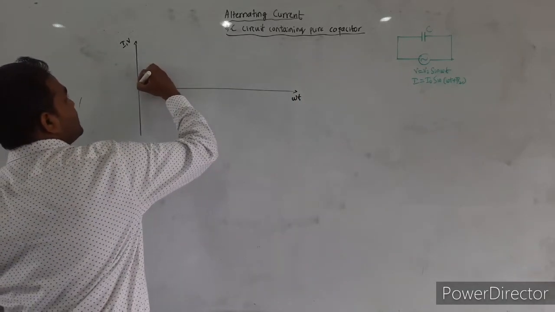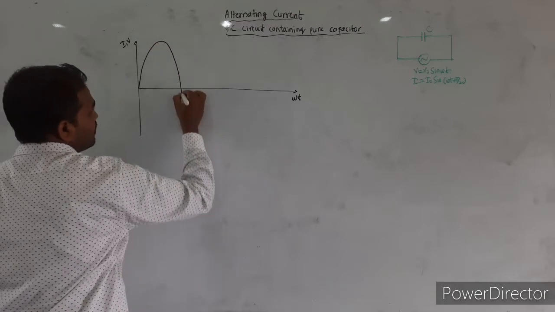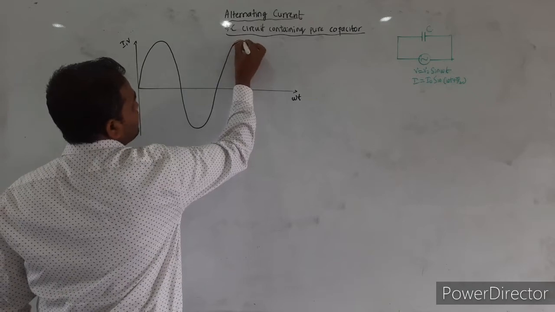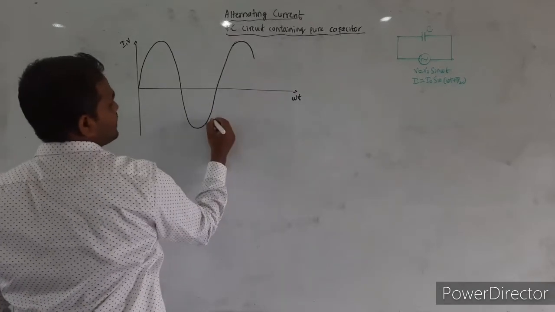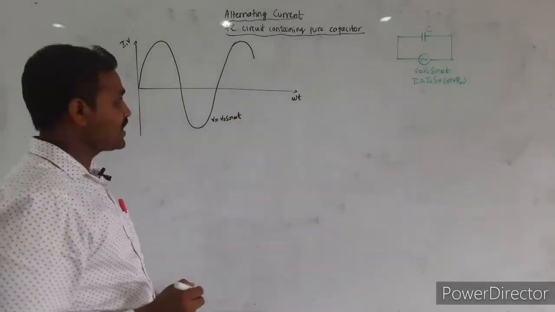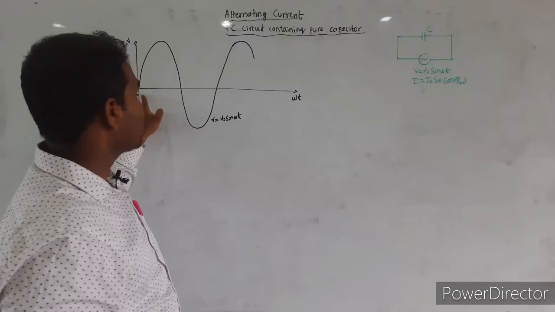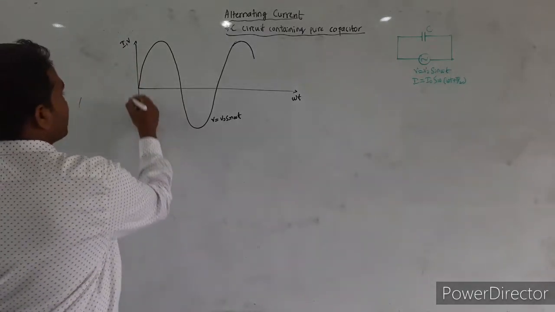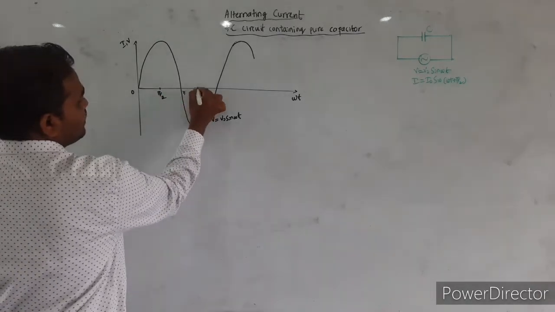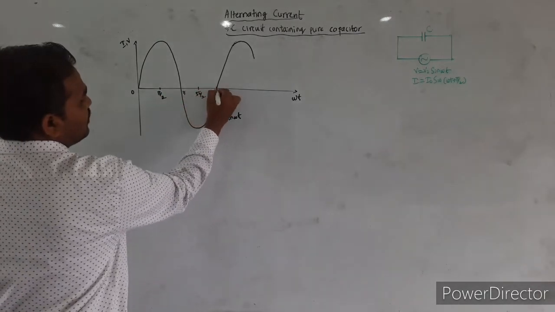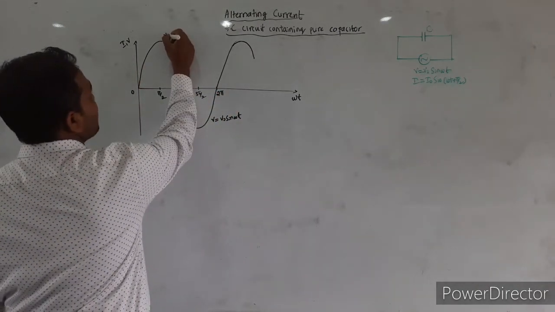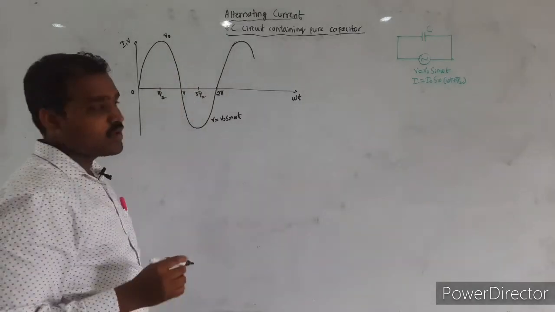This is the voltage curve, which is varying sinusoidally with respect to time. This is V equal to V0 sin omega t. I will start the voltage curve at the origin so that the phase angle here is 0. So this is omega t equal to 0, this is omega t equal to pi by 2, this is pi radians, this is 3 pi by 2, and this is 2 pi radians. This is the maximum value of voltage, which I call V naught.